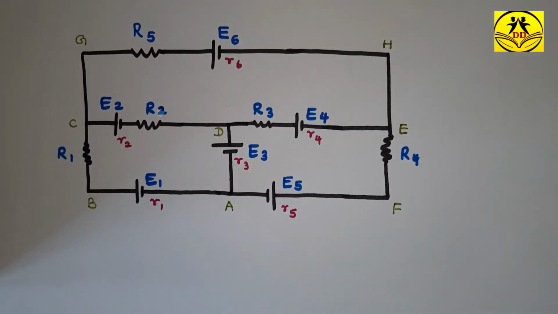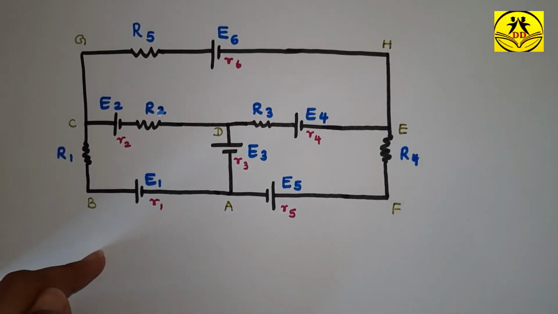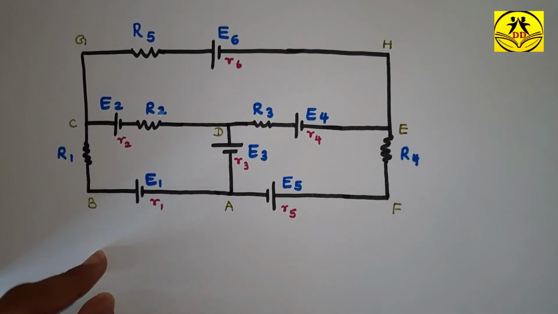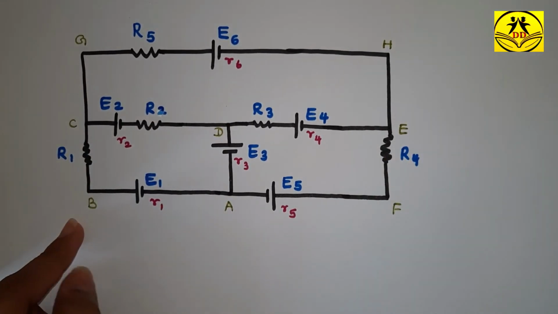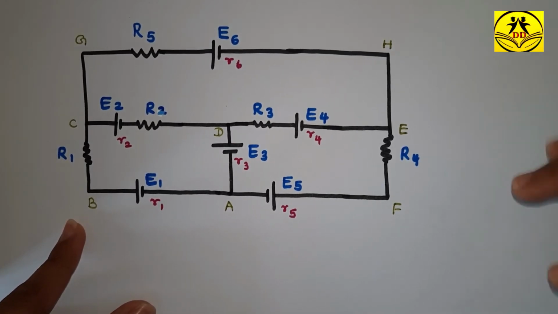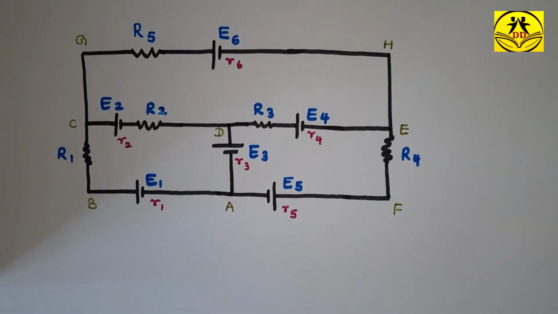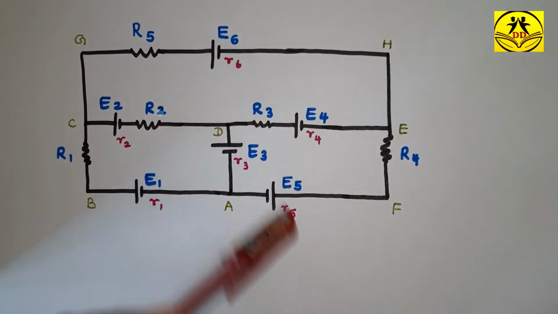So now consider a complex circuit like this. Now let's apply Kirchhoff's laws to this circuit. When you are given a circuit like this, there are factors you should consider when applying Kirchhoff's laws to any circuit. So first of all, what you should do is mark the direction of the current. Now here you see there are many cells. There are actually 6 cells: 1, 2, 3, 4, 5, 6 cells.